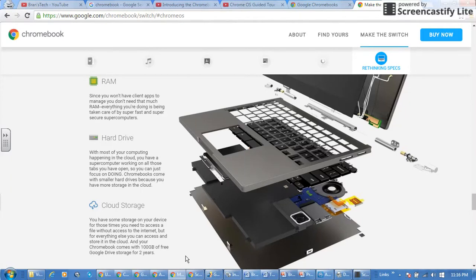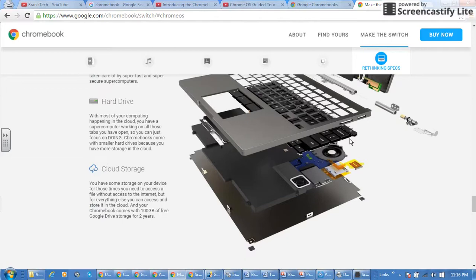But I do not know of any that do. But I do believe there's some out there, and a lot of Chromebooks actually come fanless, which is convenient for a lot of people. With cloud storage,